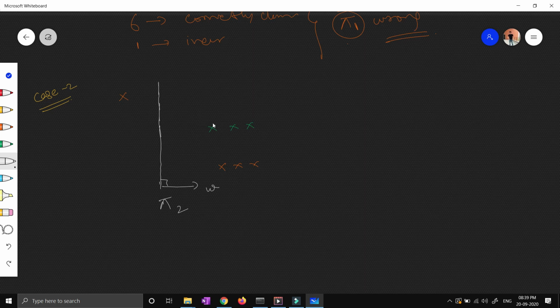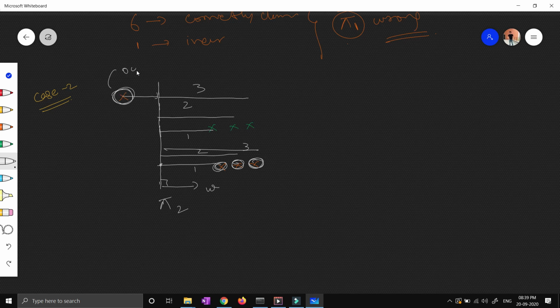So you can see this is my 1 point, 2 point, 3 point, 4 point, and so on, right? And the distance from here is 1, from here is 2, and from here is 3. Similarly, the distance here is 1, here is 2, and here is 3. From the plane, the distance of this particular point is 3, for this point it is 2, for this point it is 1, and similarly for this point. And here also, the distance of this outlier point is 1, right? And the normal to the plane is in this particular direction, w.